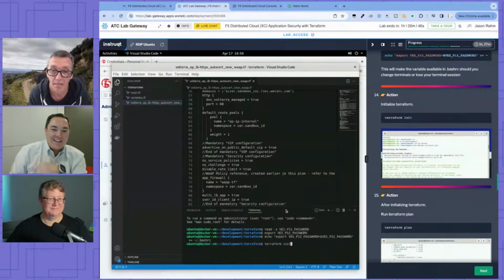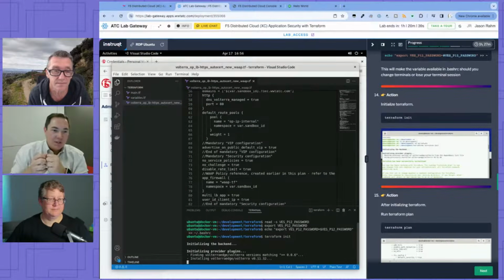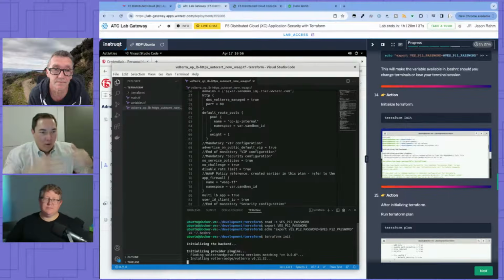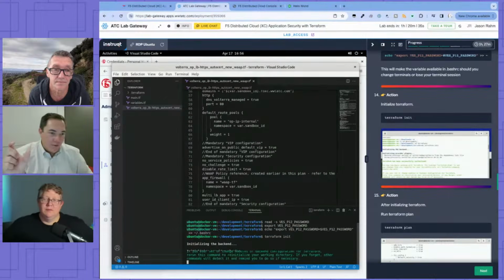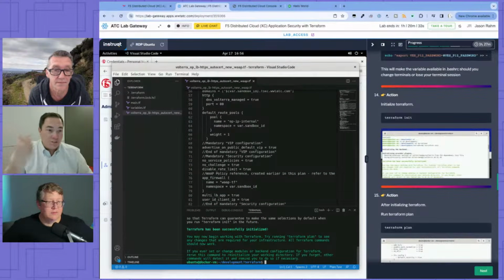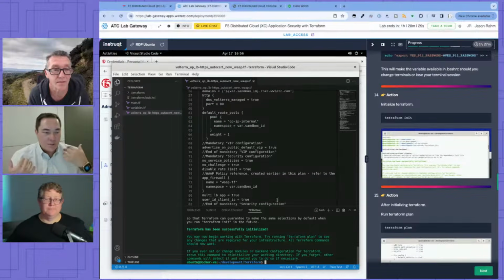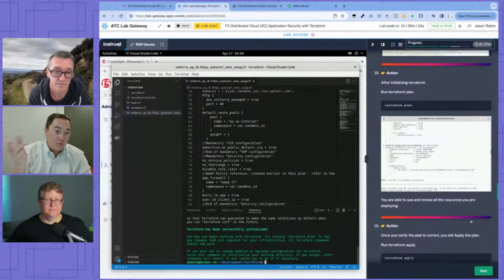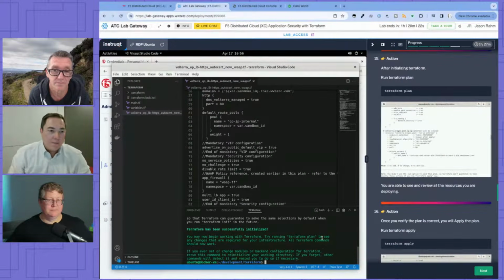Hopefully. All right. So while he's doing it, init is basically pulling in the provider and all the resources. So keep in mind, while we update the Volterra provider, there's new resources, new features, things that show up. You need to get those things. So we want to do that every time. So you're using the version. Now, there is some magic in there around which versions you're allowed to use, but you're pulling that in at